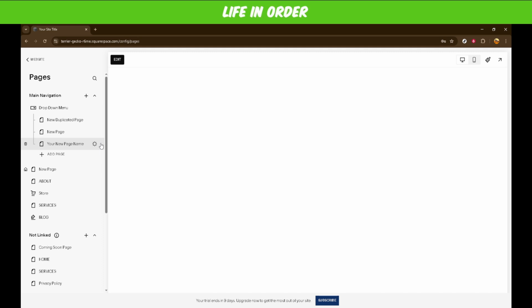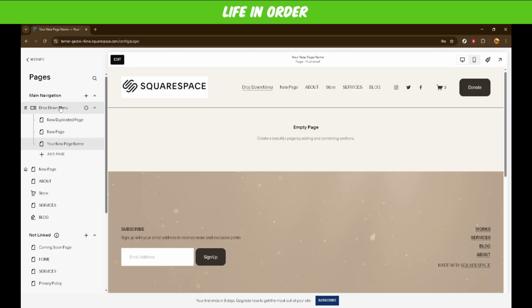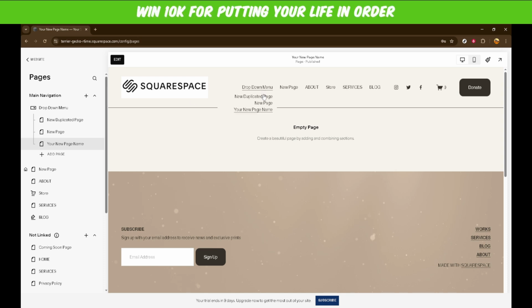Now you have a fully functional drop-down menu on your Squarespace site, making it easier for visitors to access the information that's most relevant to them. This setup not only streamlines navigation, but also gives your site a more